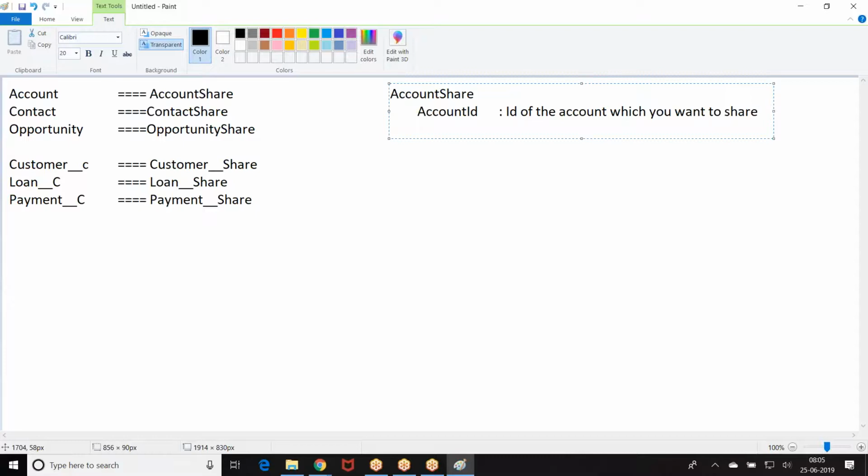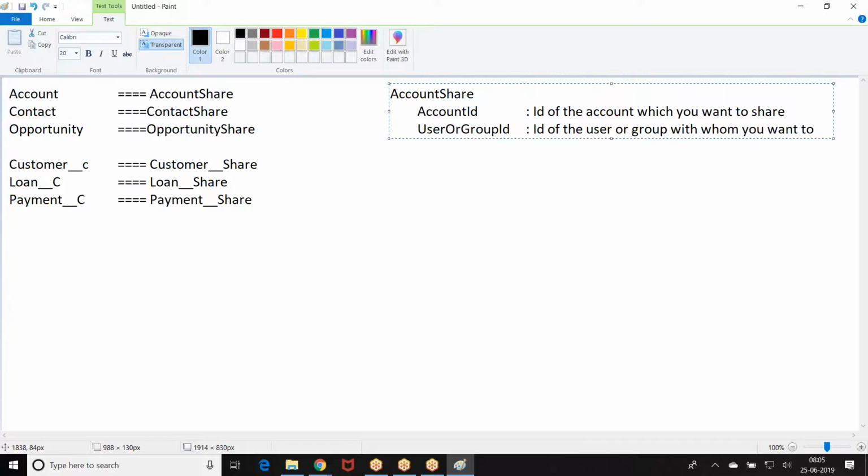Then I have user or group ID, whom you want to share, the ID of the user or a group with whom you want to share.